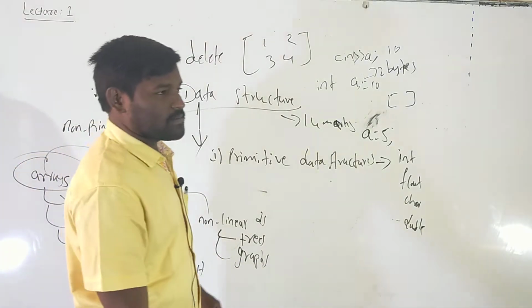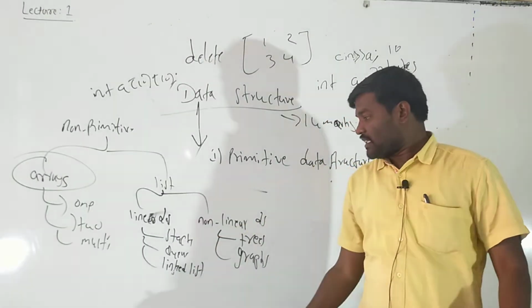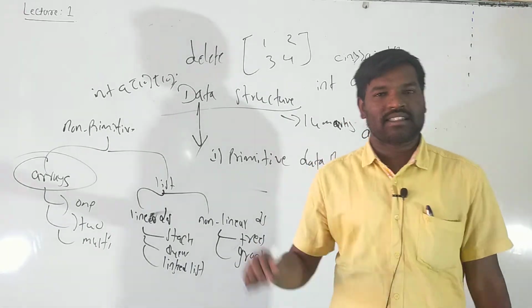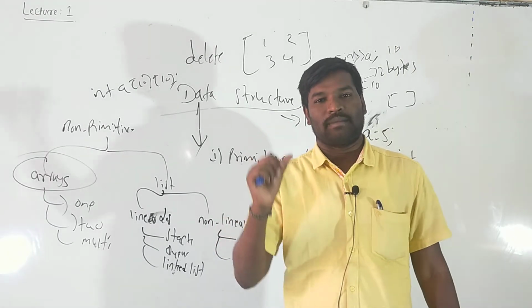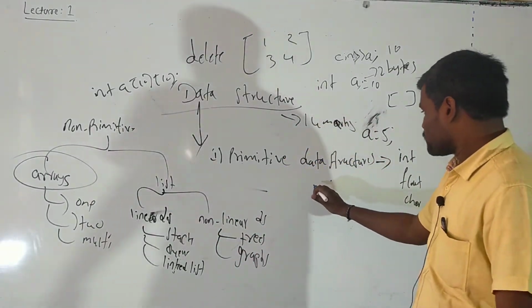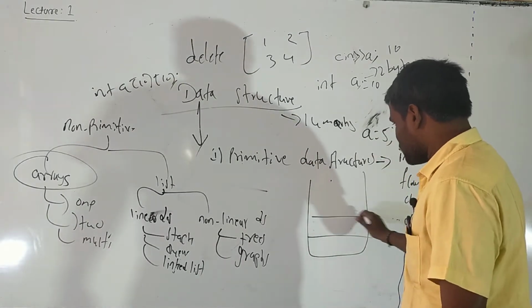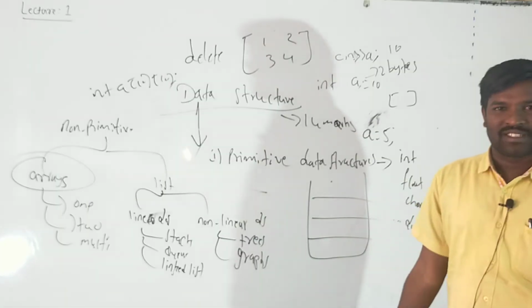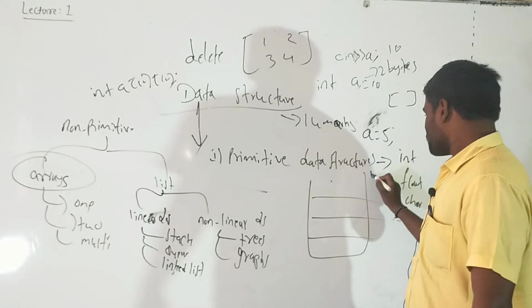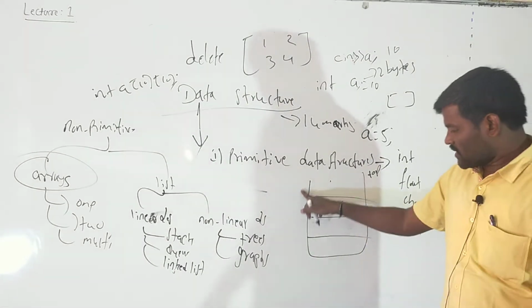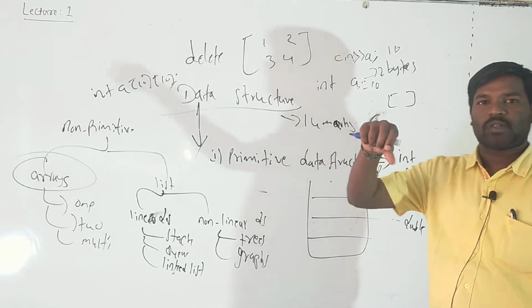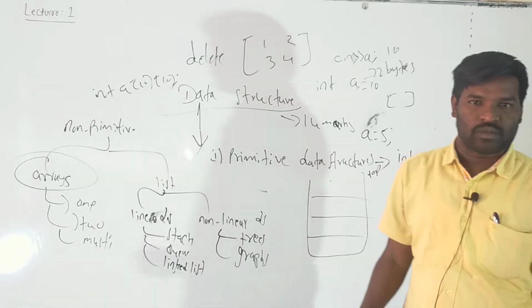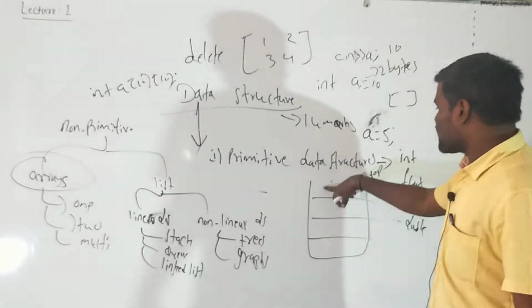See here, stack means it is a data structure in which the elements are inserted and the elements can be deleted at the same end. For example, this is the one stack, or you can consider this is the one box. This box consists of only one end, that is the top end. With the help of this end you can insert the value. With the help of this end you can remove the values.